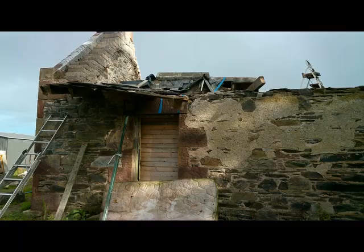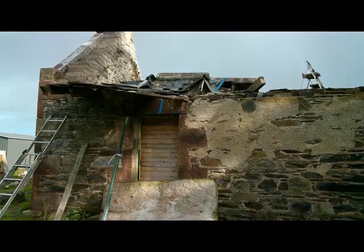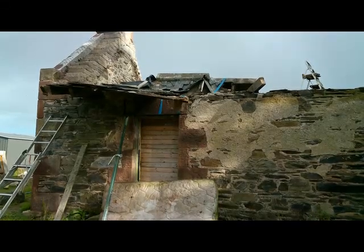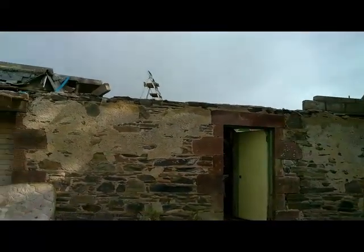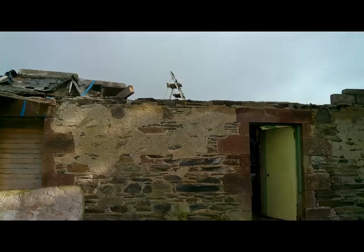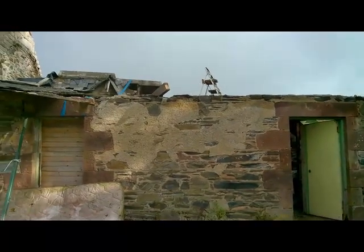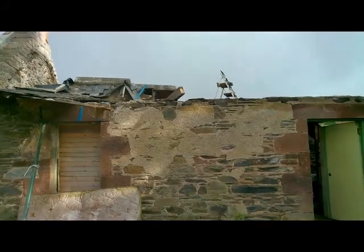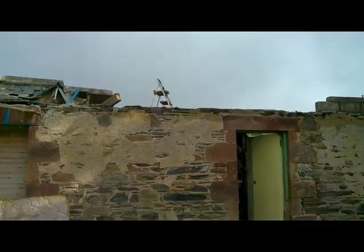I want to say it was a worry to me. It's more of a worry if it comes out and breaks, because it's a sandstone I want to keep. So, as it is, I've got to take the one above the door out. Can you see the door from there? Yeah, I've got to take that sandstone out to get the roof trusses in. But there's no concrete lintels behind that. I have taken them out, and there's no floor rest in there, so I've taken them out. So the stone on top of that's got to go anyway, so I'll just lift this concrete lintel away, but I'll do a